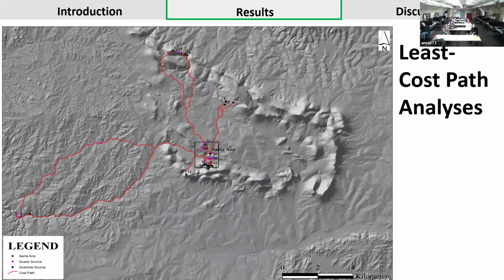I tried to vectorize the raster data that came out from the analysis, and that's why you have these lines from Santa Ana, which is here, to different sources on the landscape where you can find these materials. But least cost path normally would always want to use a river valley where you have sources of water when you're doing the analysis, and you can see that example here.